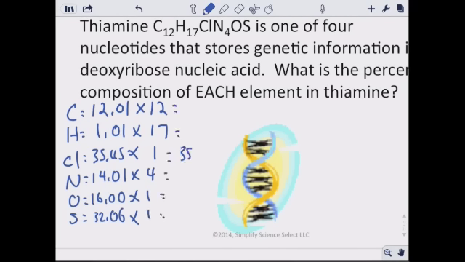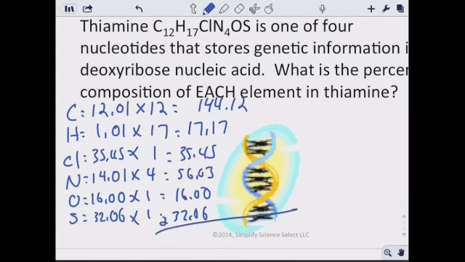So we'll do the ones first: 35.45, that was easy, 16.00, 32.06, and then we have our 17.17, and then we have our 144.12, and then down here with our nitrogen we have 56.03. We add all of these up and we'll get a total of right around 300.81, and then we just divide each one of these by 300.81, which will get about